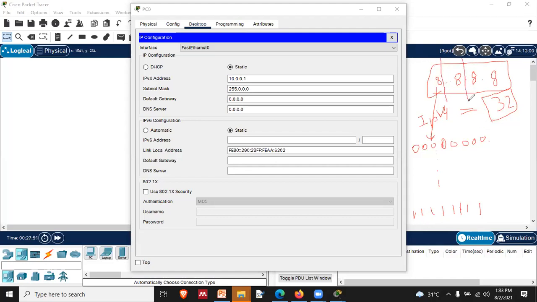Then the second, again that 8 zeros. So 8 plus 8, 16. Up to here, we are talking about 16 zeros. So what I was saying is, we are talking about subnet mask. So subnet mask is talking about, see over here, you can see